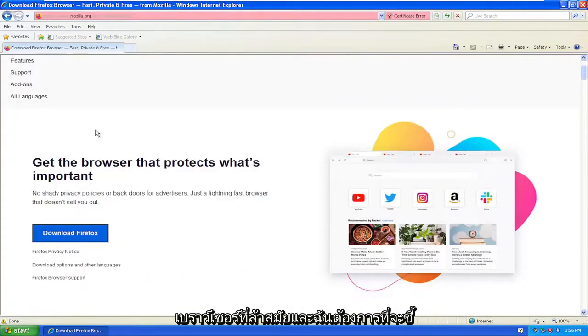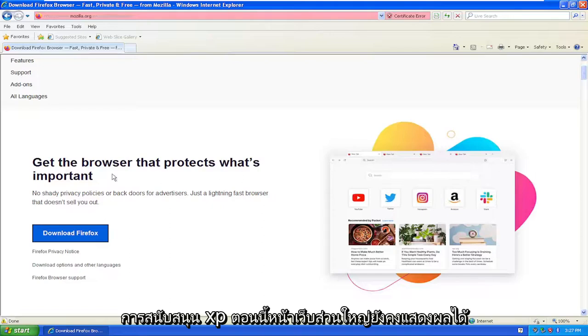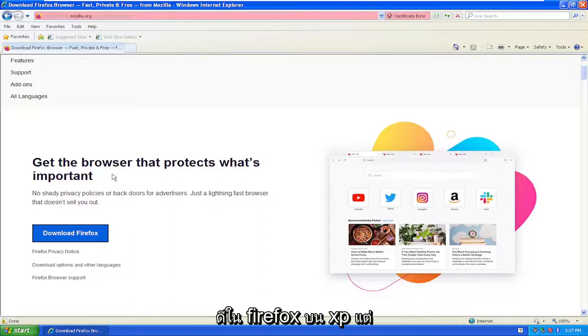And I do want to point out as well, I'm kind of kicking myself for not mentioning this earlier, that the Firefox browser is not supported, at least the latest versions are not supported on Windows XP, so it's vulnerable to security issues that have not been patched. I believe XP support ended 1 or 2 years ago, like 2020-ish or so. So it outlasted a lot of the other browsers, including Google Chrome, for XP support. Now, most web pages still render okay in Firefox on XP, but just keep in mind that for security purposes,